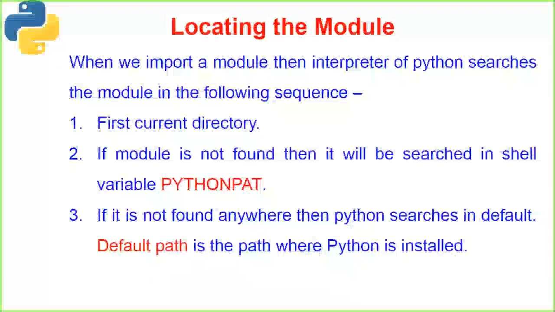So firstly, it goes to the current directory in which you are working and tries to locate that module. If it finds it, good, and if the module does not exist in your current directory in which